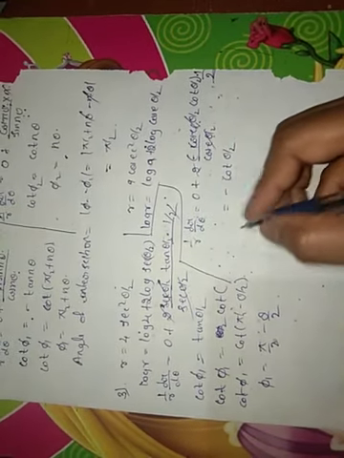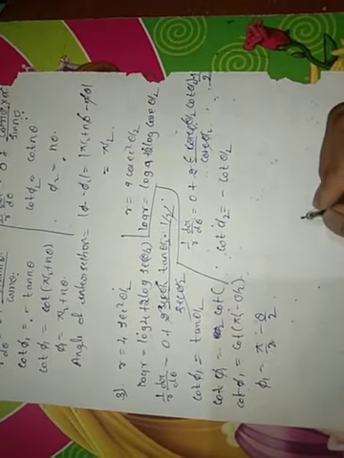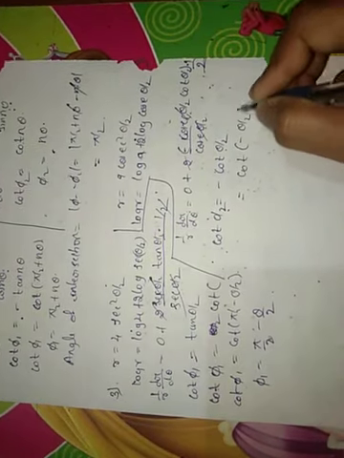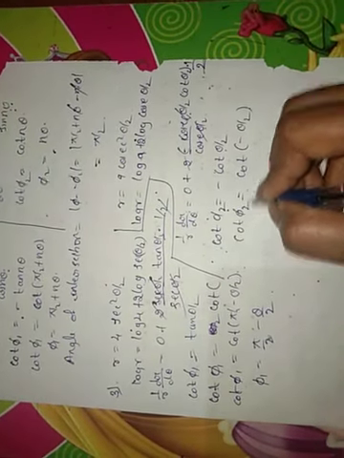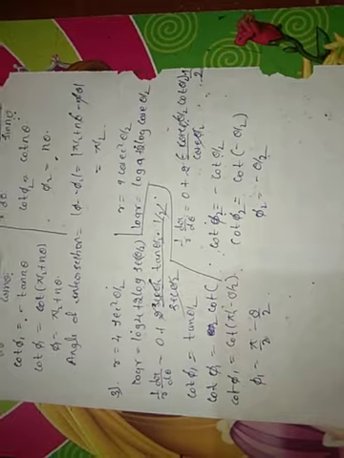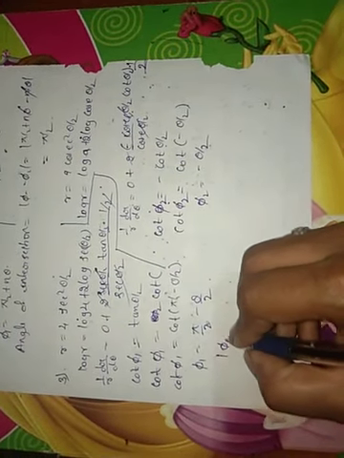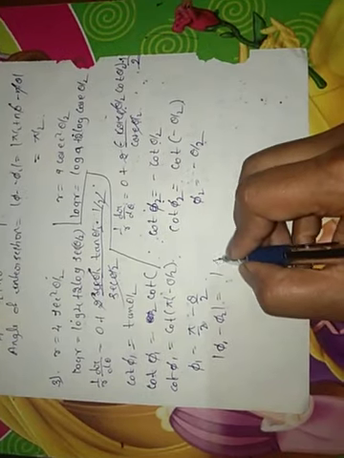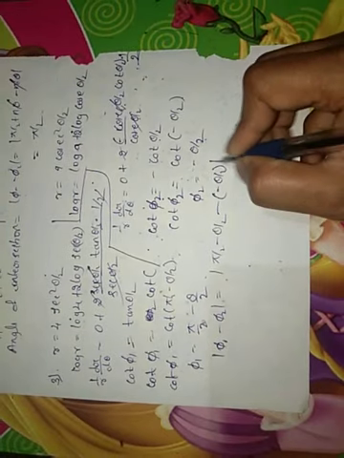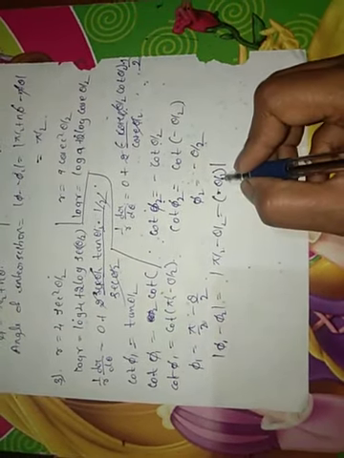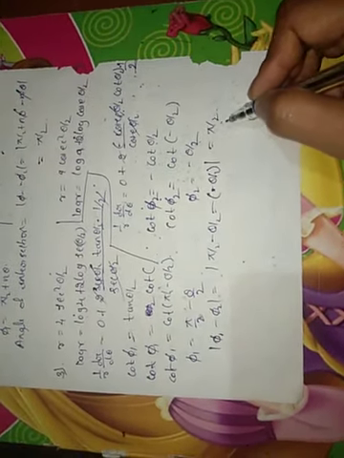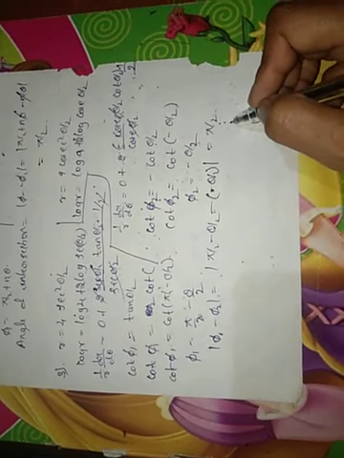1 by r dr by d theta can be written as cot of phi 2. Cot of phi 2 equals minus cot theta by 2, which can be written as cot of minus theta by 2. So phi 2 equals minus theta by 2. Now the angle of intersection between the curves is phi 1 minus phi 2, which is 90 minus theta by 2 minus of minus theta by 2. Minus of minus becomes plus, and theta by 2 cancels. The angle between the curves is 90. Therefore the curves intersect each other orthogonally.